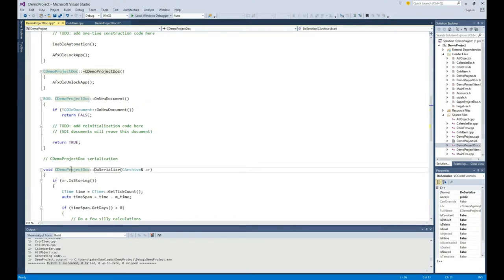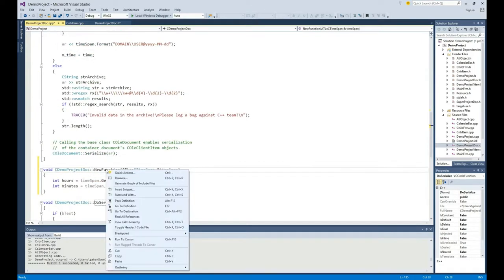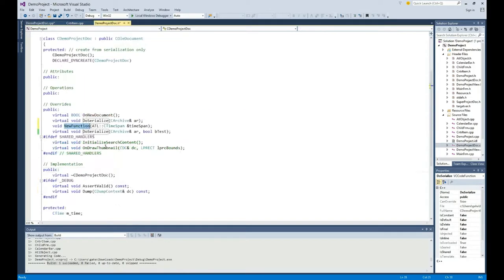I'm personally aware of other implementations of this refactoring feature that allow you to extract as a free function, and if this is something you'd really like to see, let us know. But in the event that you do want it as the same scope, you'll notice that if I right-click and do a go to definition, we have actually created the forward declaration in the header file positioned appropriately relative to